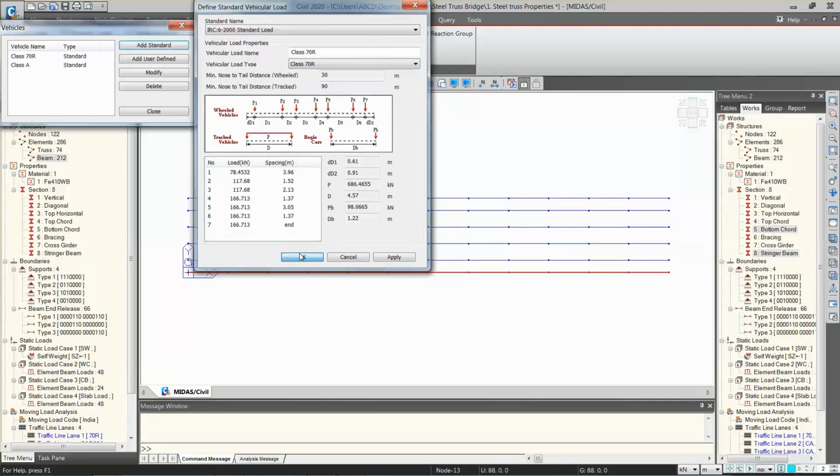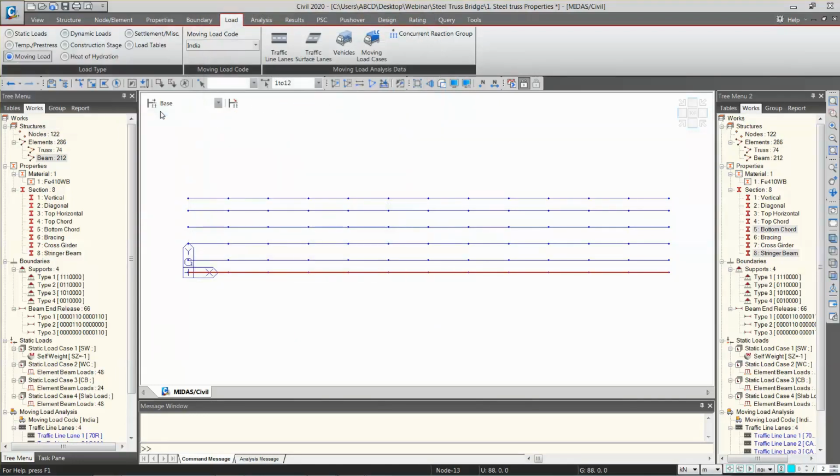So the procedure will be very same. Instead of the vehicular load that you choose for road bridges, you have to select the railway bridges load, which is the railway loadings. Otherwise the procedure will be very same.